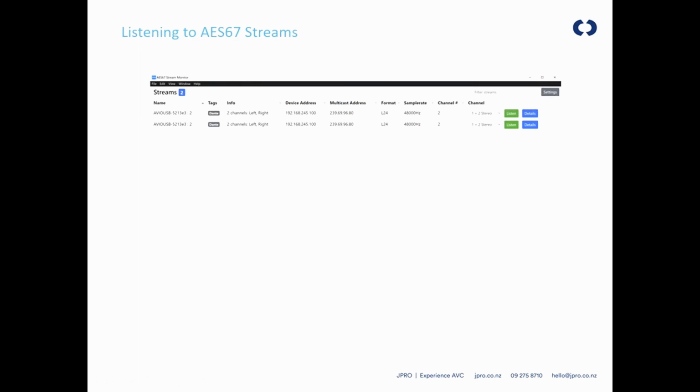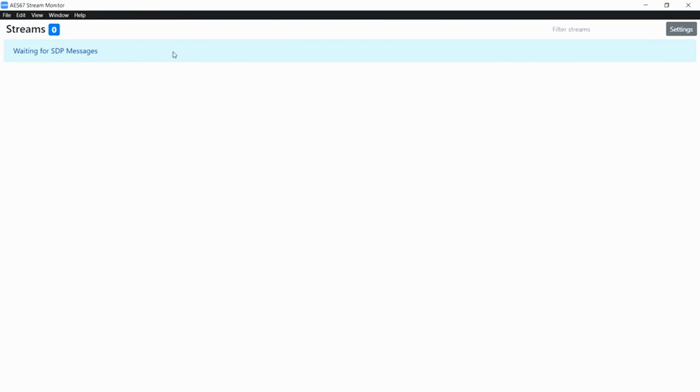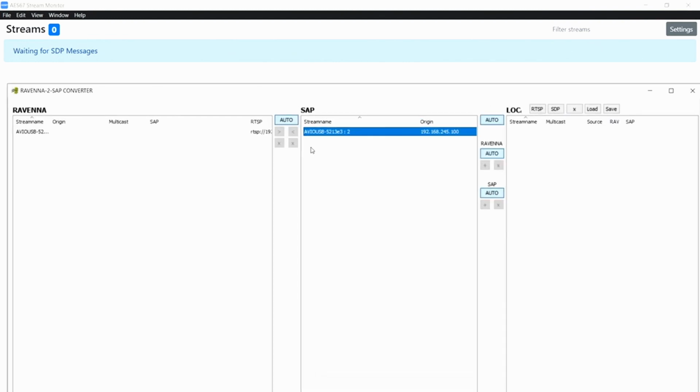Listening to AES67 streams, another useful tool that you can use, a small application that's called AES67 Stream Monitor. Again, these are just useful little things that you can use. It's a little application that you can run on your computer that will discover AES67 streams or those multicast addresses, and it will allow you to listen to them. So you'll see nothing's coming up, so I'm going to use my RAV to SAP and see if I can get this to come up quicker